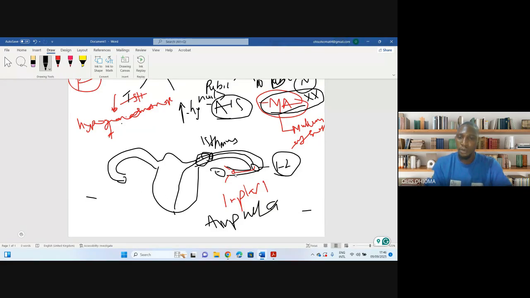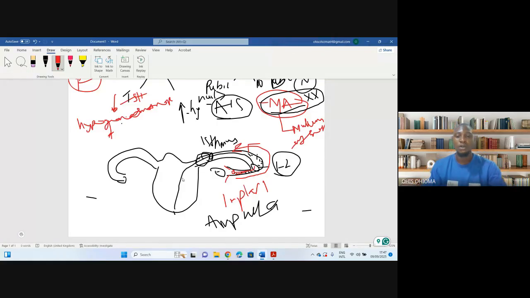Now, something helps with the transportation. The last time I talked about the epithelium of the fallopian tube, I told you that the epithelium of the fallopian tube is simple columnar ciliated, meaning it has finger-like projections that kind of beat in a particular direction. So they beat in this direction. And the essence of beating in this direction is to try and push the egg to enter into the uterus as soon as possible. So anything that would affect the beating of the cilia or cause a delay in this region here, the transport, or block the transportation, will cause